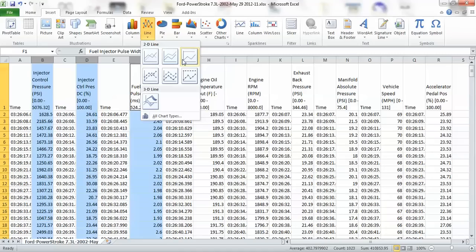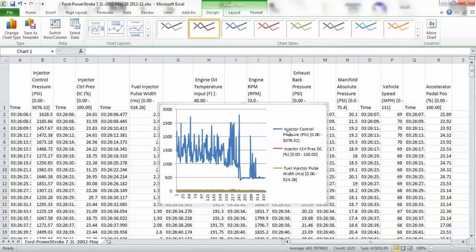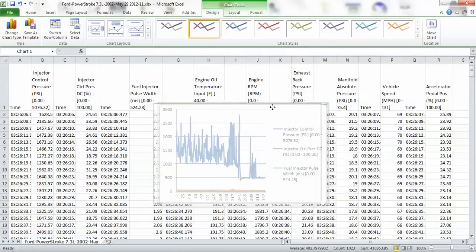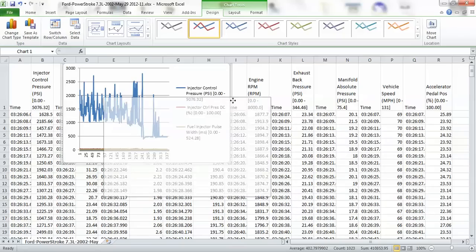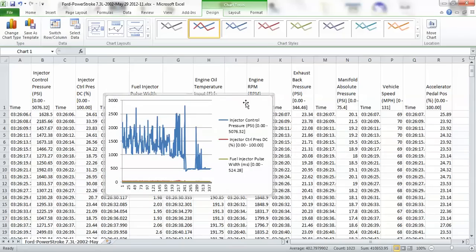You have different styles of charts: stacked, stacked line, or just a trend line. So this is the one I like to use. Left click on that, and it builds your chart right in your full file. You can click this and move it around if you want. But what I like to do is move it to its own separate page, which makes the chart